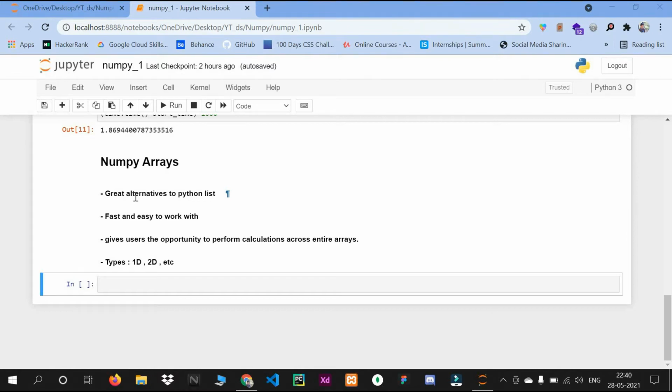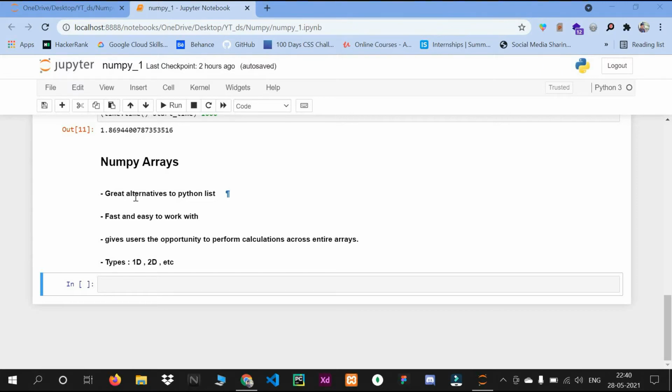We can use NumPy arrays instead of Python lists, and using NumPy arrays our code execution becomes faster and easier to work with, and it gives the user the opportunity to perform calculations across entire arrays.